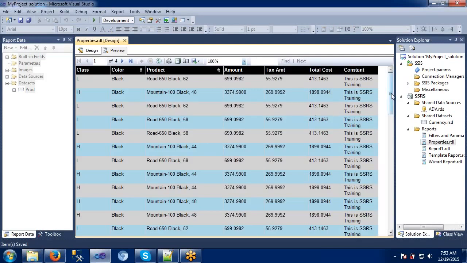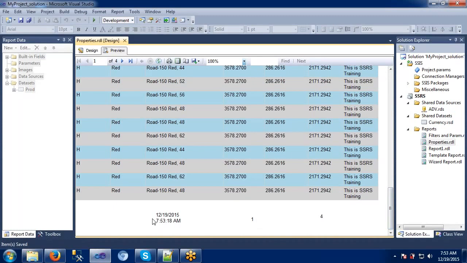If you go down, it will be shown here. See, this is the system defined time, and this is the page number and total number of pages we have. So it means out of 4 pages we are on the first page. So this is the thing we can define. We can make it more meaningful. We can give a text box beside that, some label, and say that this is the current page and this is the total number of pages. Like this we can specify here.